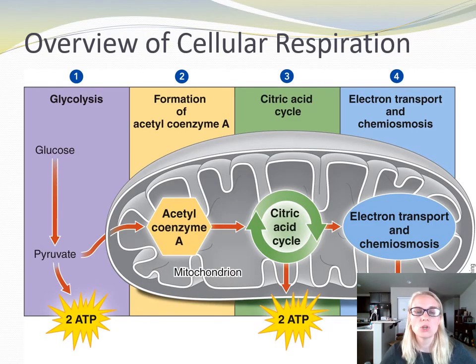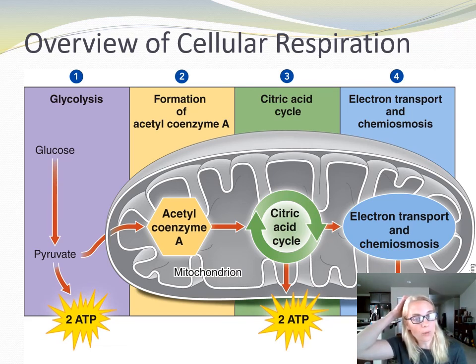All right, so you have this diagram in your text kind of at the beginning of the cellular respiration chapter. It's kind of like a map of where we're going. So cellular respiration is a multi-step process. It's not just A to B and then we're done. We have multiple steps, and I'm going to explain why we have all those steps here in a little bit